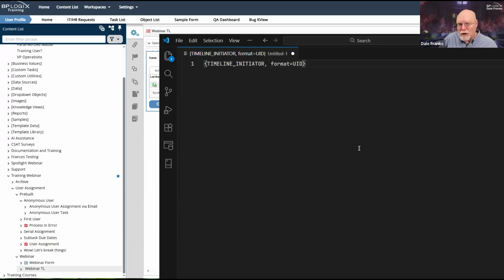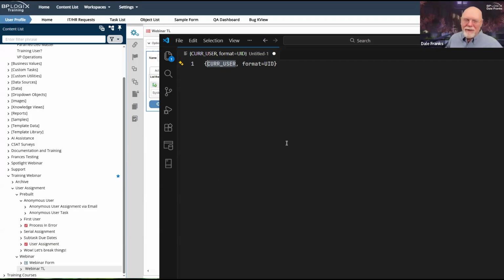The thing that's important to remember, whenever we're going to start using user system variables, and it could be timeline initiator. Ooh, this would be an awful one. Cur user. I have no earthly idea who current user would be in this context. So that might be an interesting way to make things go horribly wrong as an experiment.